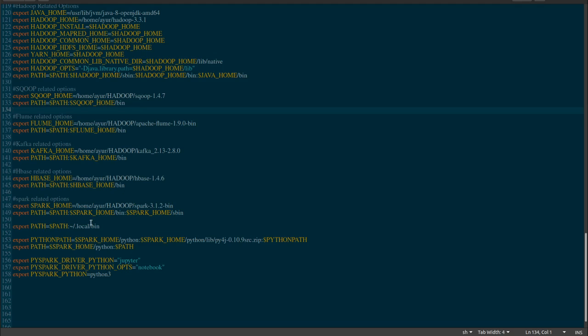and then we are going to add these properties over here. I am going to give the home path for my Spark, and then the path for my bin and sbin, and then the Python path I am giving for Spark, and I am going to give the py4j source file path, and then I am setting the PySpark driver as Jupyter and Jupyter notebook,